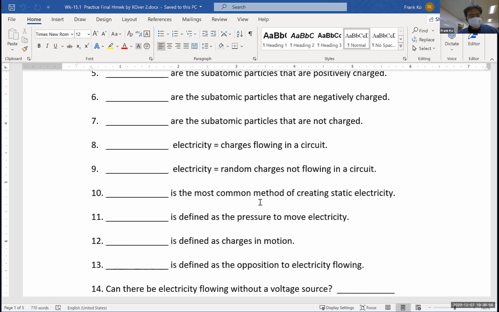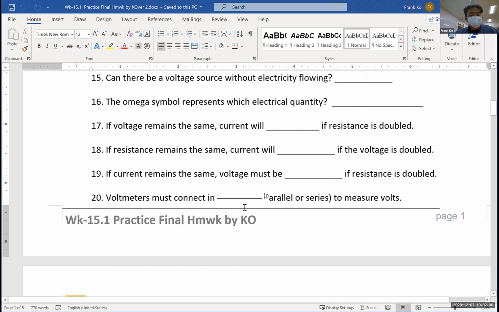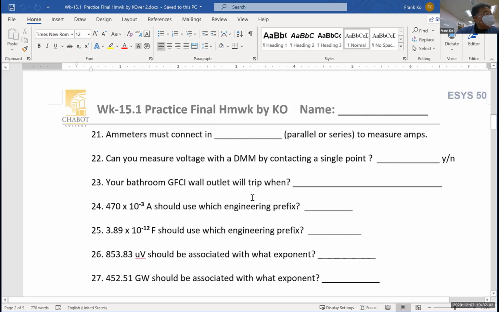All right. Question number 21. Let's take a look at the next page. Question number 21, 22, and 23. That will go to WG. Ammeters connect how to measure amps? In series. Now, I did rephrase number 22, and I sent that out by